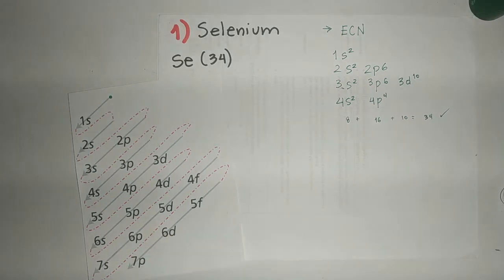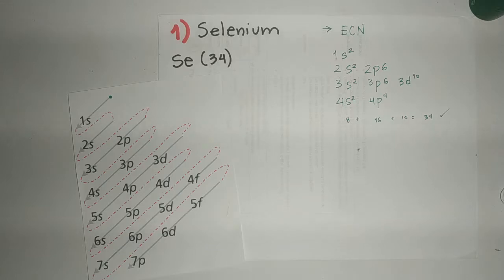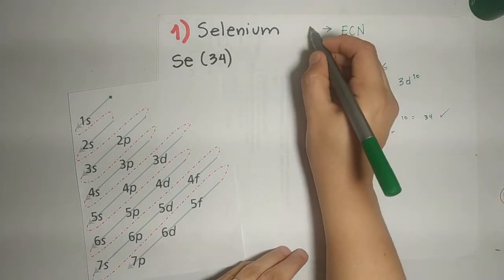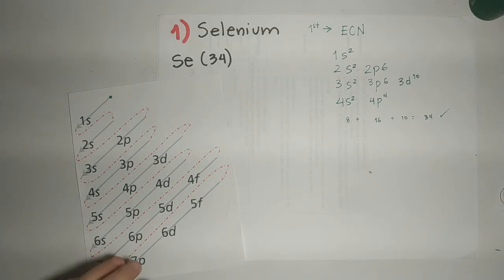But I said today we're going to learn about orbital notation. So guess what? To represent or to show orbital notation, you will need the electron configuration notation. So this is what we know as the first step of the solution. The second step is to show the spins. For example,